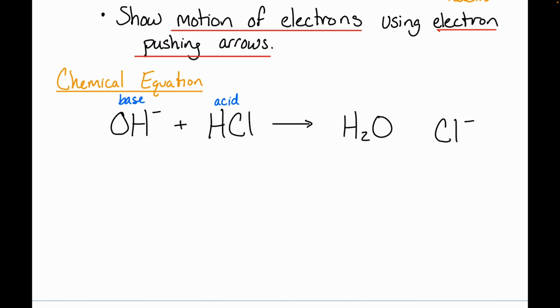So now what we're going to do is draw the reaction mechanism. Okay, we're going to pick this because it turns out to be a relatively simple, just one-step mechanism. But again, we're going to be showing the movement of electrons. In order to do that, we can't just use our chemical formulas. We need to go to our actual structures of our molecules. So we're going to do our Lewis structure